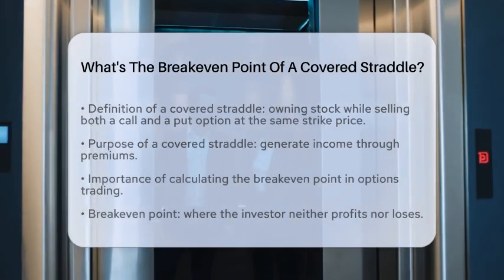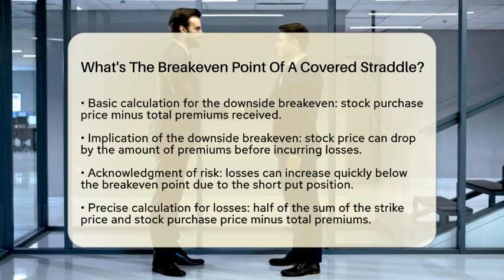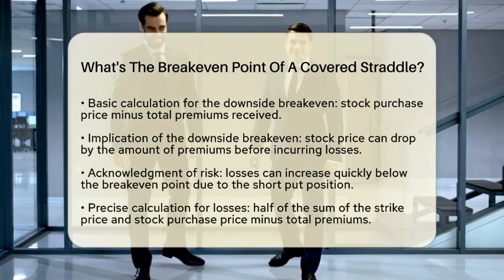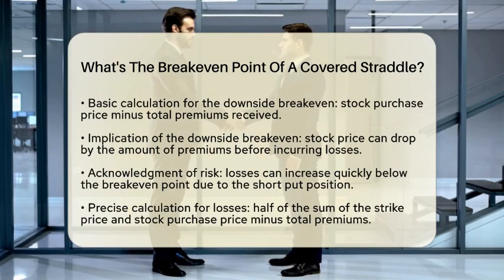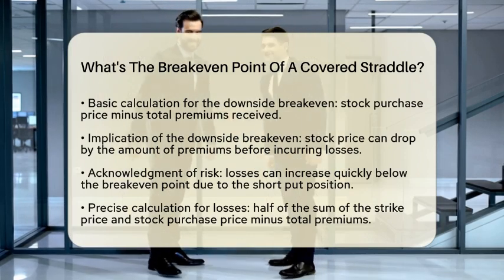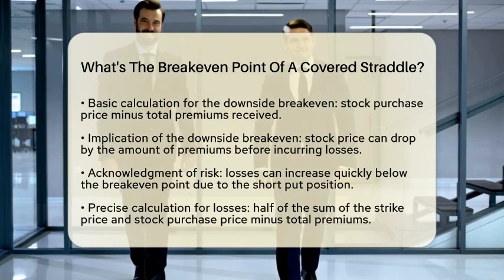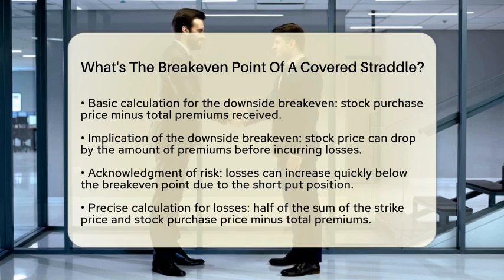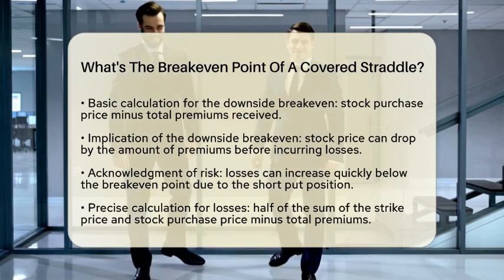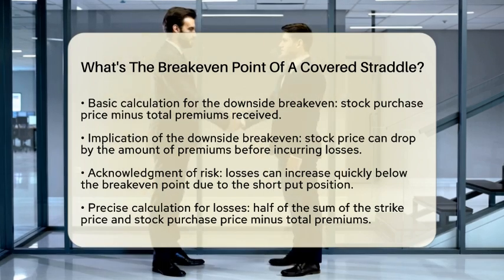First, let's look at the basic calculation for the downside. You can find the break-even point by taking the stock purchase price and subtracting the total premiums received. This means the stock price can drop below the purchase price by the amount of the premiums collected before you start losing money. However, keep in mind that losses can escalate quickly below this point due to the short put